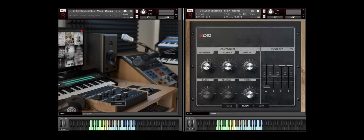And the premise for the VAP Extreme series was really like, let's try to make some ensembles that have never been done before. We obviously took it to the next level in terms of our 240-piece 8W orchestra, and we took it equally far with our 200-piece Imperium choir. But in this case, we really wanted to do something different. As you're going to see in this video, I'm going to be playing around with our 10-piece drum machine ensemble. And then we also have additional videos for all the other ensemble types, including a 10-piece analog synthesizer ensemble,